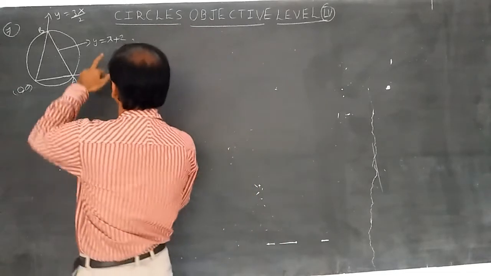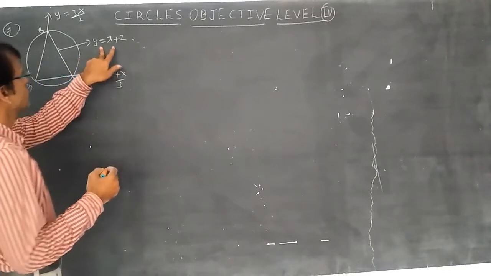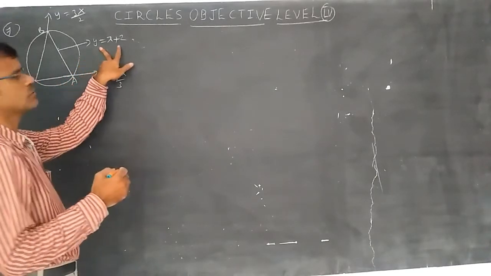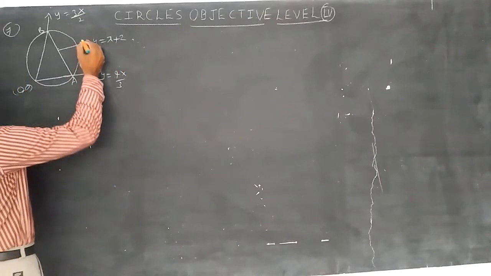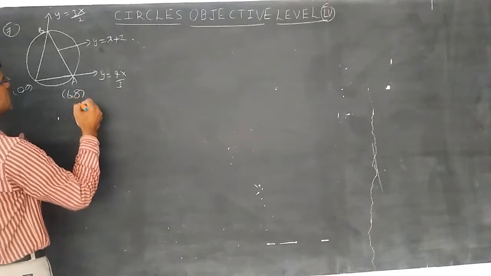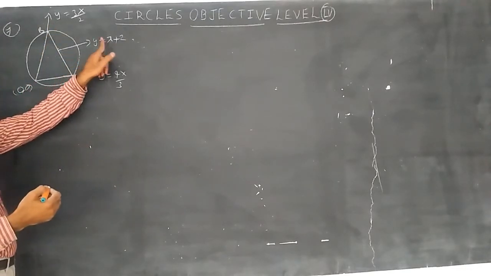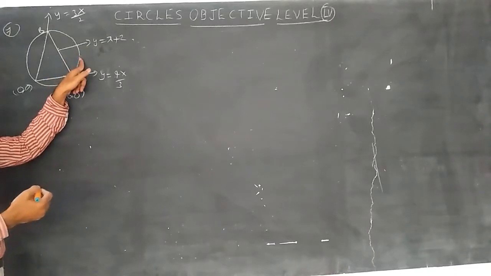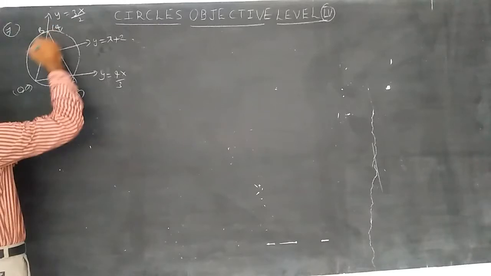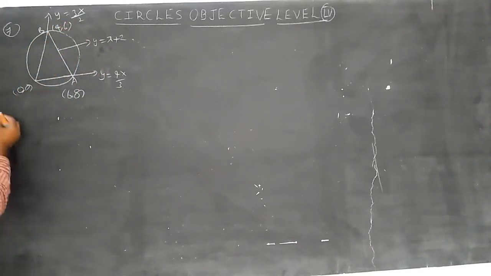Substitute here y is equal to 4x by 3. So 4x by 3 is equal to x plus 2. 4x by 3 minus x, so x by 3 is equal to 2, x is equal to 6. y is equal to 6 plus 2, so 6 comma 8. Solve this one, y is equal to 3x by 2. Put here 3x by 2 is equal to x plus 2. Taking this side, 3x by 2 minus x, x by 2 is equal to 2, x is equal to 4. So 4 comma y is equal to x plus 2, 4 comma 6. We got the three points.